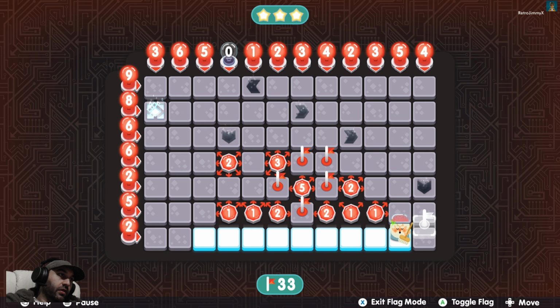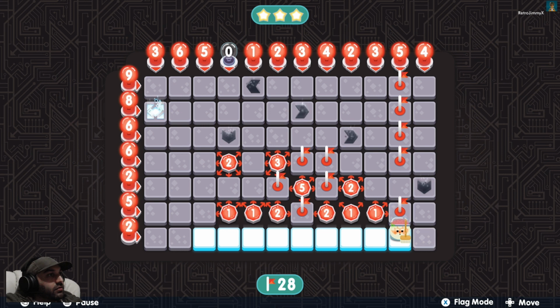If it was there, then that one would have to be there. Well, again, not necessarily. If it was there, 1, 2, 3, 4, 5. I know it's got to be there or there. And that means that 4 of those have got to be there. And if 4 of those have got to be there, that means my escape route's got to be that way. And if my escape route's got to be that way,